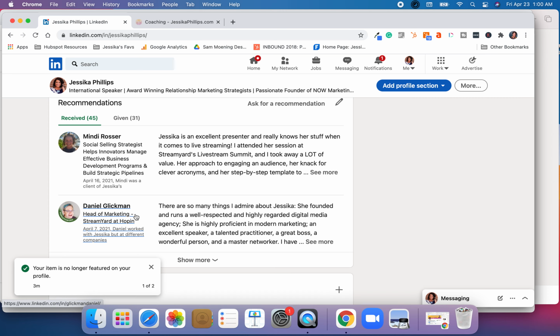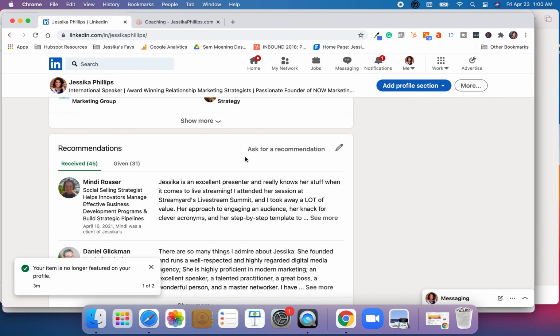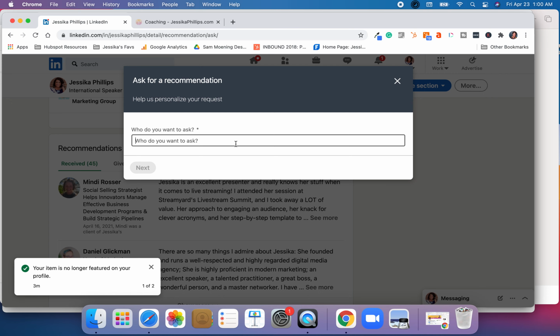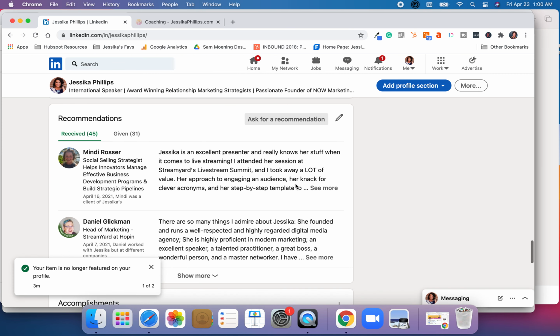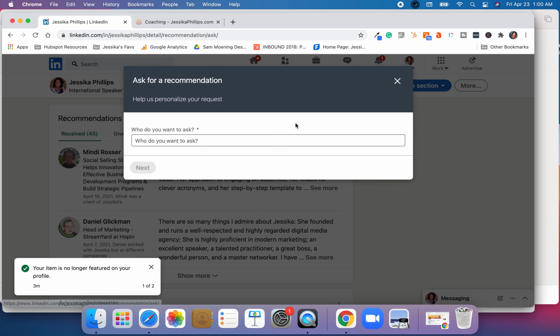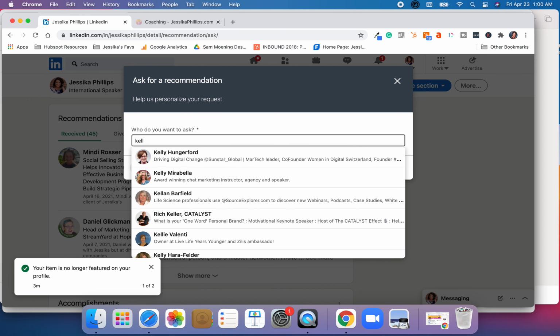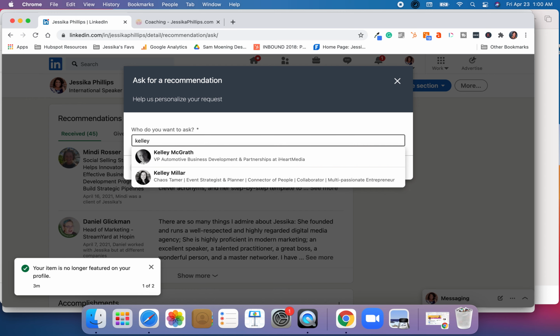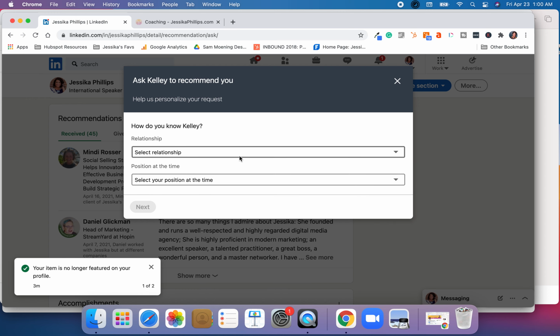This next section here is recommendations. I highly recommend getting recommendations. Now, granted, they can be solicited, so you can ask for a recommendation, and you can ask a connection for endorsing you for something. So if I wanted to ask for a recommendation and maybe I want to type in someone, so like, for example, this person,